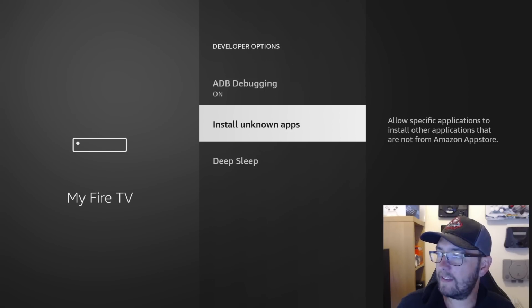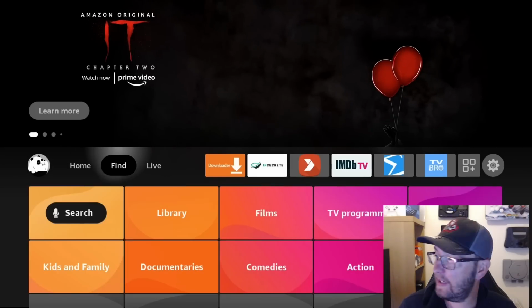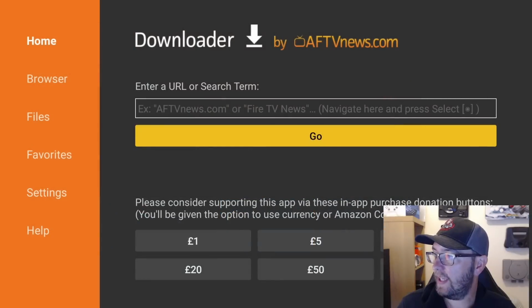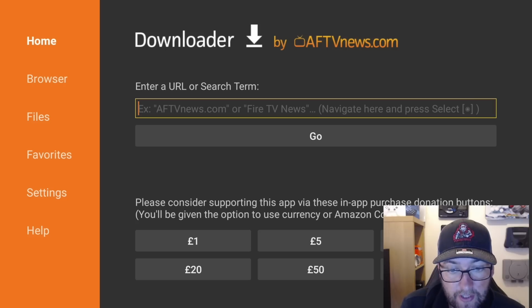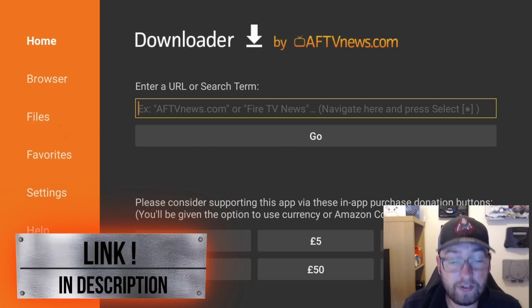We then go back to the downloader app we've just downloaded. If you can't find it, you can just go to find again. Downloader. Right, in here we're going to go to my website. So this is where, if you're on an Android device, you just use your web browser on your Android device, okay? The link is directly under the video, so if you want to test it beforehand on your phone, go to